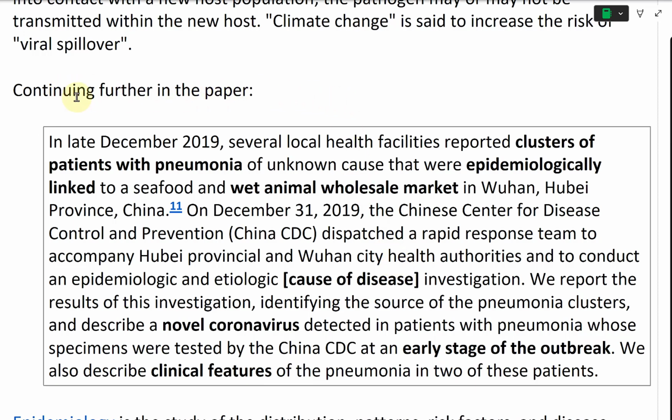Continuing further in the paper, in late December 2019, several local health facilities reported clusters of patients with pneumonia of unknown cause that were epidemiologically linked to a seafood and wet animal wholesale market in Wuhan, Hubei province in China. And on December 31st, 2019, the Chinese Center for Disease Control and Prevention, or China CDC,